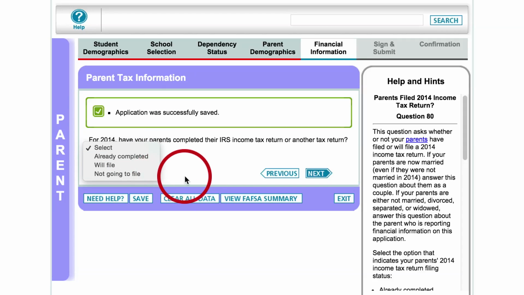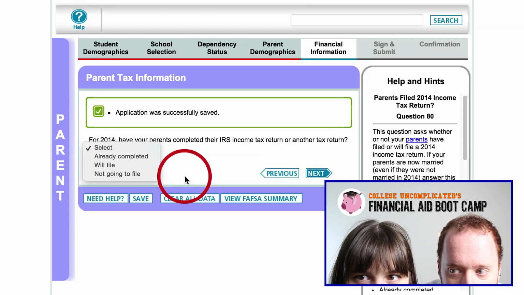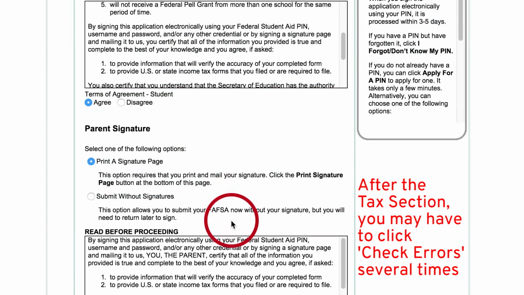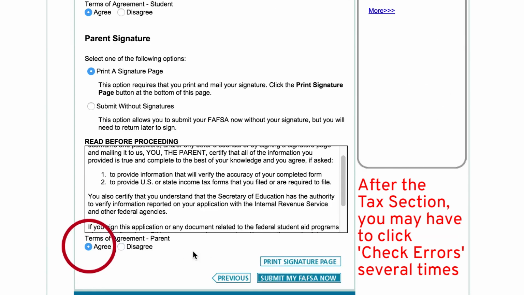If your parents do not file taxes, simply put, will not file. If they do, you can check out this video to help you get this portion and the student tax information portion of the application under control. The last portion is the signatures. You'll be able to electronically sign your FAFSA, but if you are a dependent student and have undocumented parents with